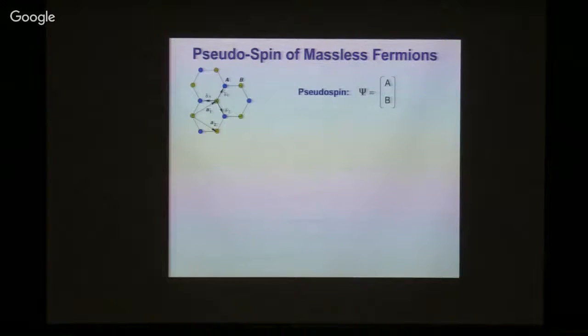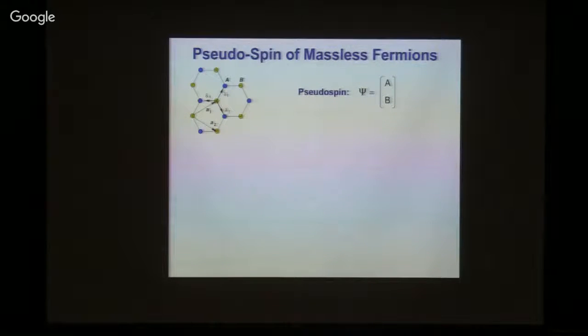What we can see is within a single unit cell, there are 2 kind of symmetric atoms known as A and B sublattices. So if you want to describe the electron wave function of graphene, you have to consider 2 parts. One is the overall envelope wave function that averaged over a unit cell. And then within a unit cell, you have to describe the kind of amplitude at A and B sublattice.